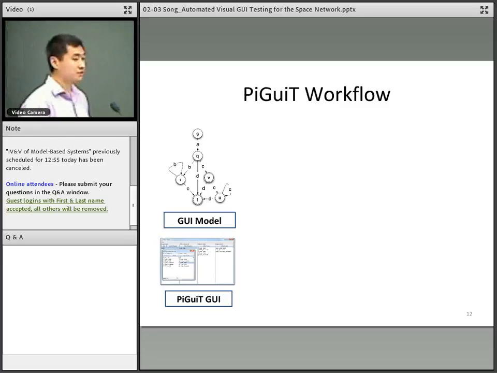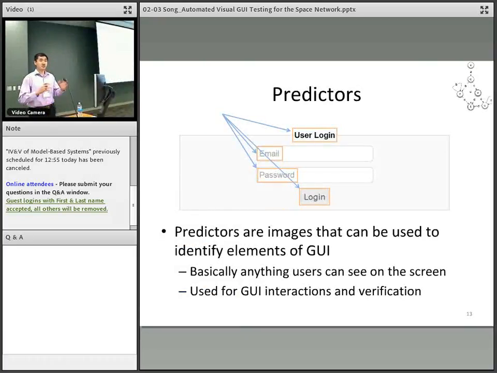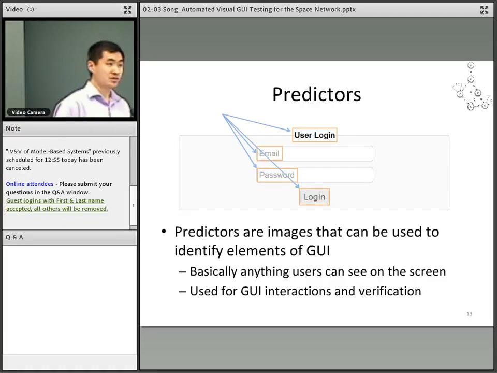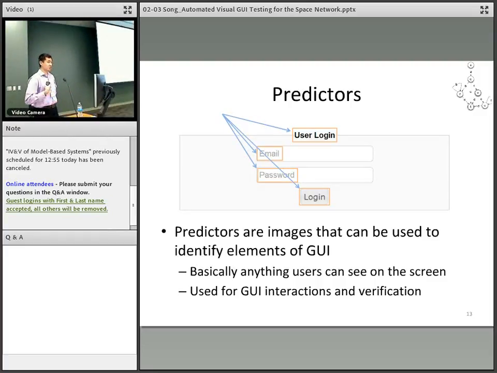All right, so let's first talk about the GUI model generation. At the very basic level of the PIGWIT technology is a concept we call predictors. Predictors are essentially images that can be used to identify elements on the GUI under test. This is anything you can see on the screen. Using the predictors, users are able to verify things on the screen and interact with the screen. This is still very low level, but